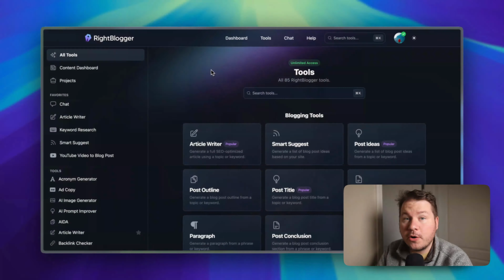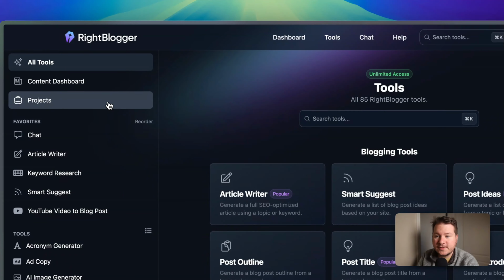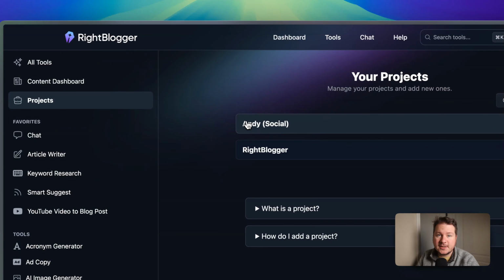So you can see here, I'm already logged in. Projects is over here on the left side. I already have two projects. I made a social one and then a RightBlogger one. Basically, projects allow you to organize the content that you make with RightBlogger, and it also allows